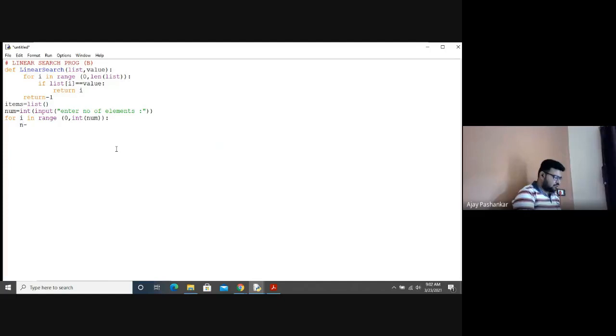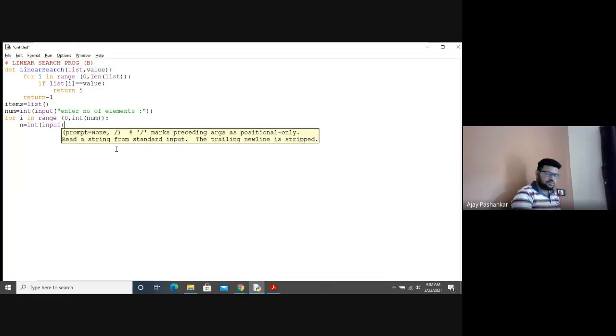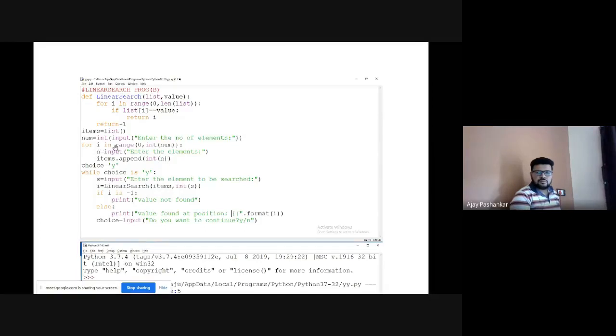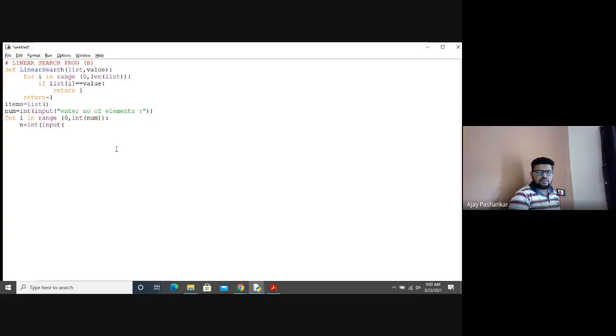It will definitely shout. In bracket input, you need to write int as we have already initialized that int. Just prompt the user to input enter elements.